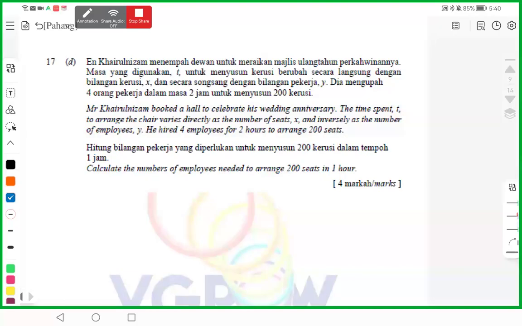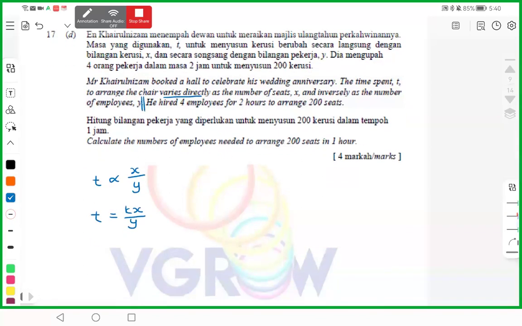So same thing, we write down the variation form. T varies directly as the number of seats x over y. So change to equation form, T equals kx over y. So he hires 4 employees, so 4 employees would be 2 equal to k times